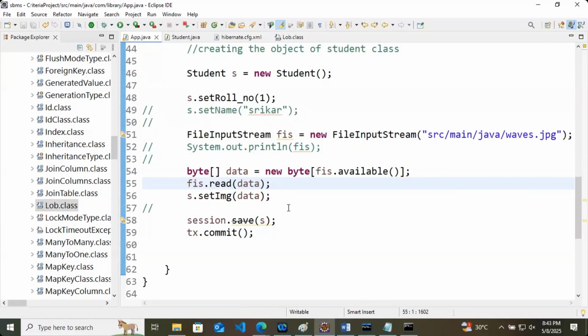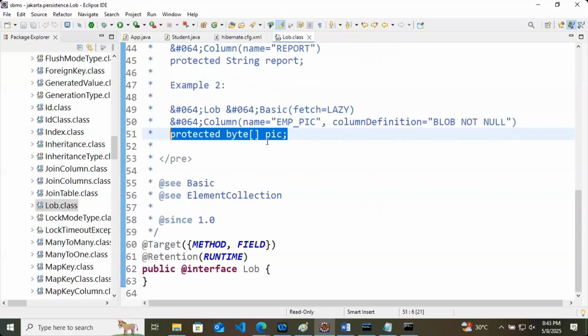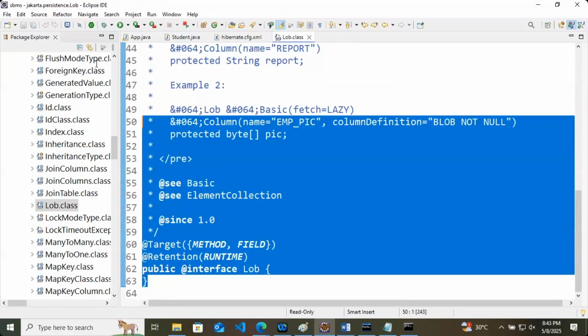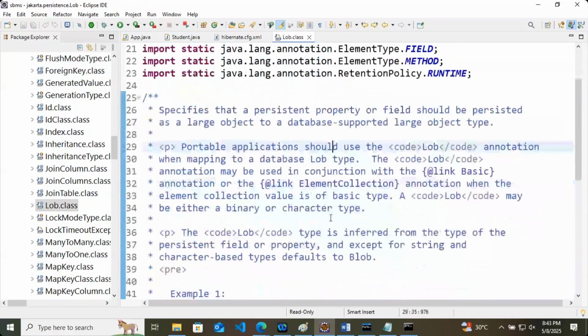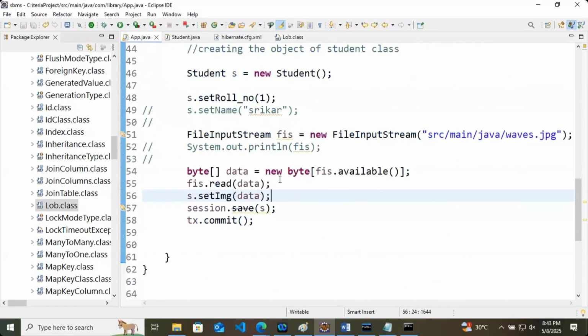Everything is correct in this code. Okay, no problem. We'll see it tomorrow. If there is any other problem that I am missing, but I am not missing anything, as the lob class is also giving the implementation in the same way. I'll just check it and let you know. Otherwise, code is same only. We'll do it in this way.